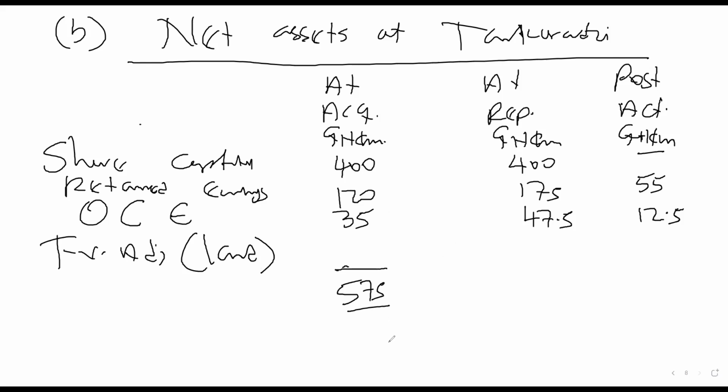Please add all. If you are not getting 575, what should be the difference? 20. The difference is 20. If nothing was said about it, repeat the 20 throughout. Nothing was said in this question, so repeat it here. If something is said that the fair value adjustment has been taken care of, it has been captured in the financial position,